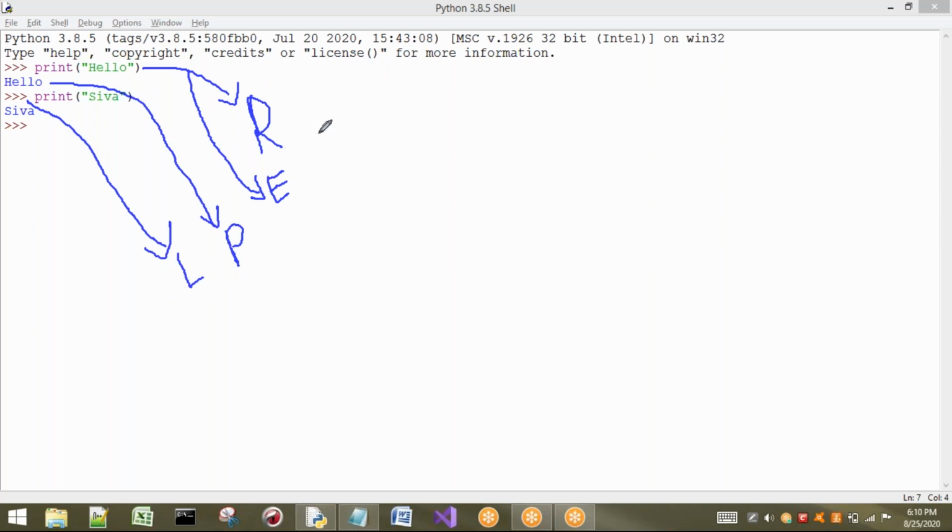This is REPL, the REPL tool. So the Python shell or interactive shell is also working based on the REPL tool. So reading the expression, evaluating the expression, and printing the expression. After printing, again the same task is going to be repeated. So L can be considered as what? Loop. So here again we are going to read the statement, again we are going to evaluate, again it is going to print it. Next, again what is it ready for? Again the same thing, it is ready to read.